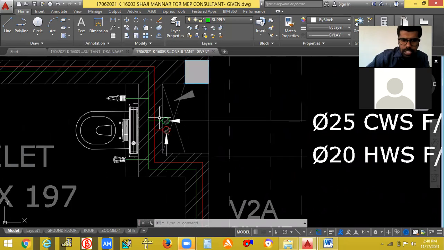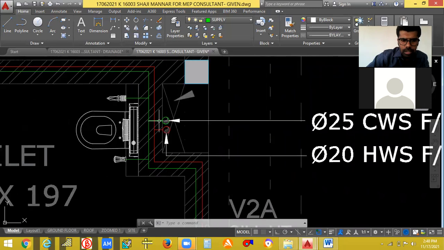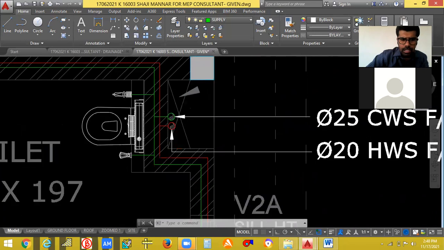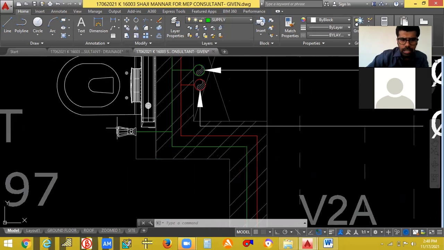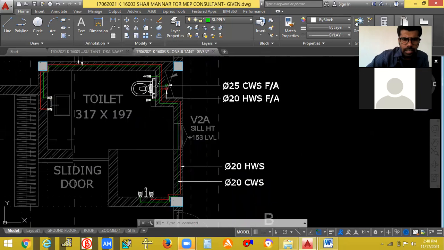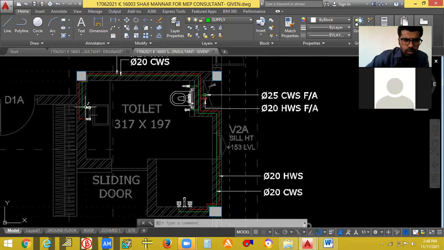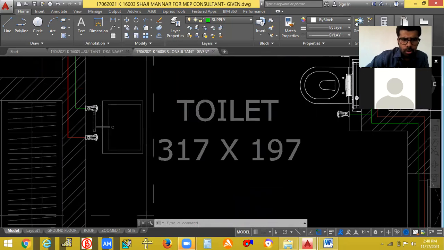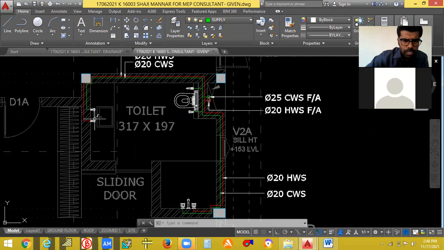So what you have to give? The pipe reaches here. Then you have to split it and give one connection to the health faucet. You have to give one connection to this valve. From this valve, a connection will be given to this flush tank, or you can directly give water to the flush tank also. Then one connection will be going to the wash basin, and hot water connection also will be going to the wash basin.